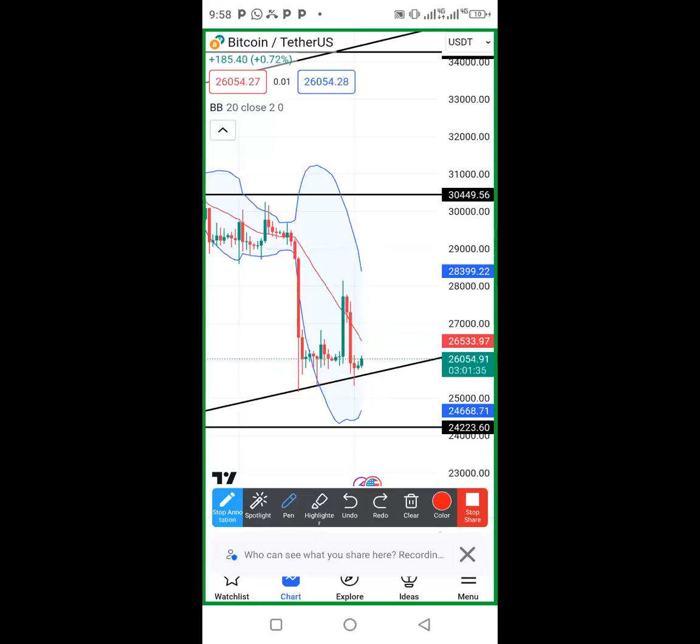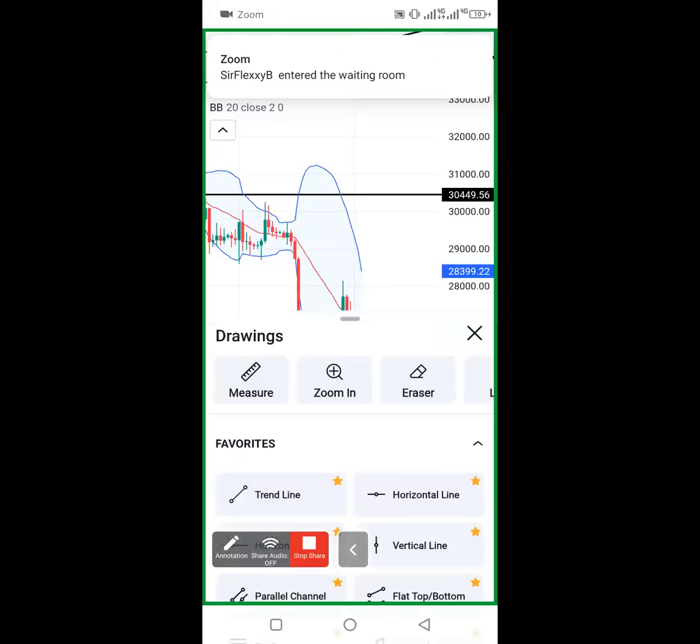So I want to believe I have really explained the 3 topics for today, which is the support and resistance tactics of trading using the Bollinger Band break, and as well the Bollinger Band divergence. They are similar. Bollinger Band break and Bollinger Band divergence are similar, but the only difference is that sometimes you may come in late. Remember that if you are using the Bollinger Band break strategy to trade, you see